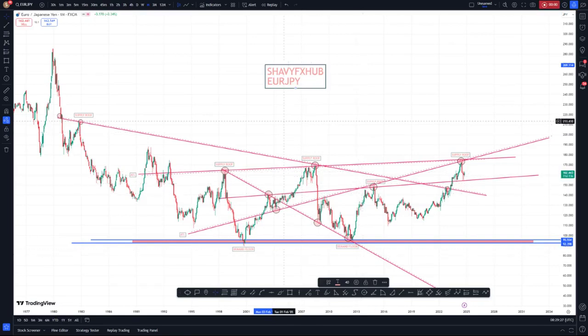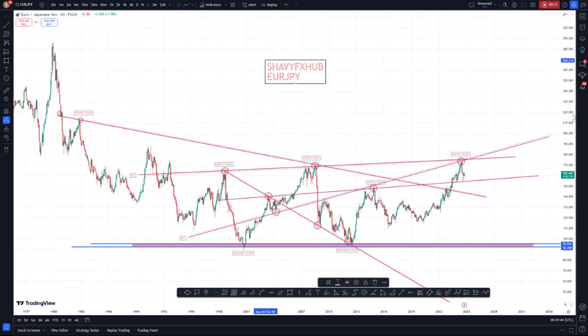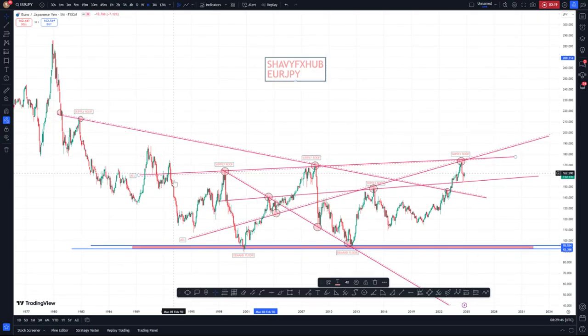So to better understand EJ on a monthly time frame, we switch from the weekly time frame to the monthly time frame to see clearly where our supply roof and our demand floor are. These are the two important things to watch. And when you look critically, you will find out that way back in February